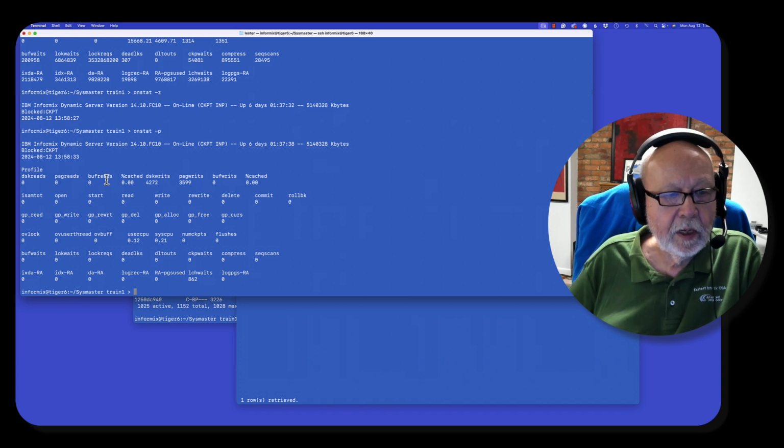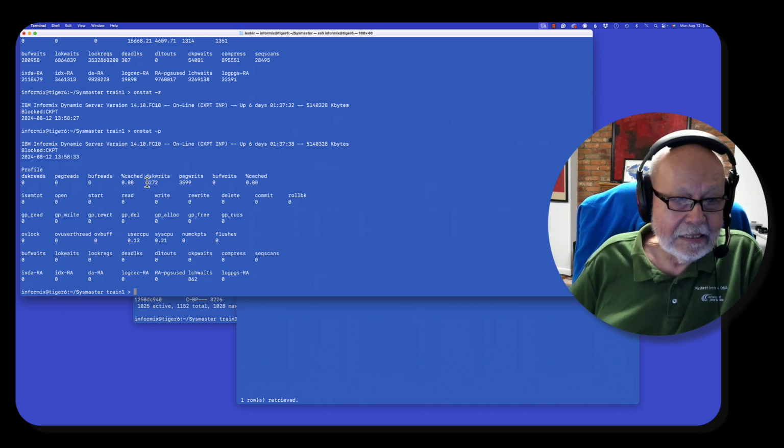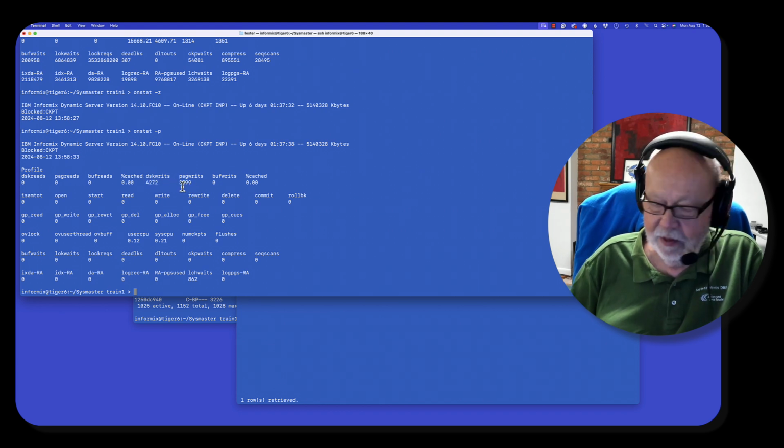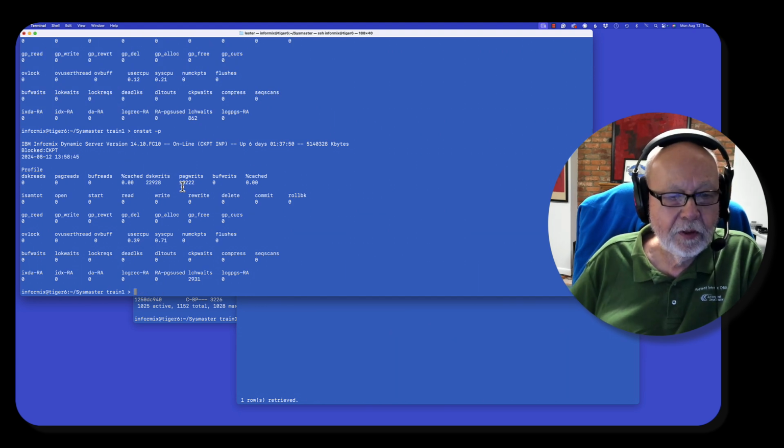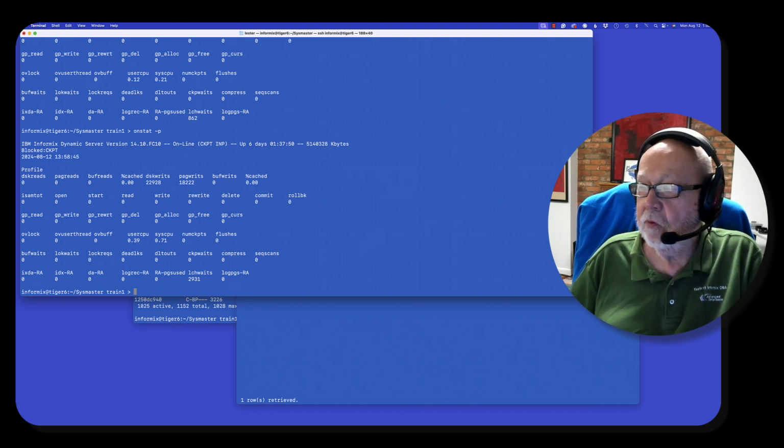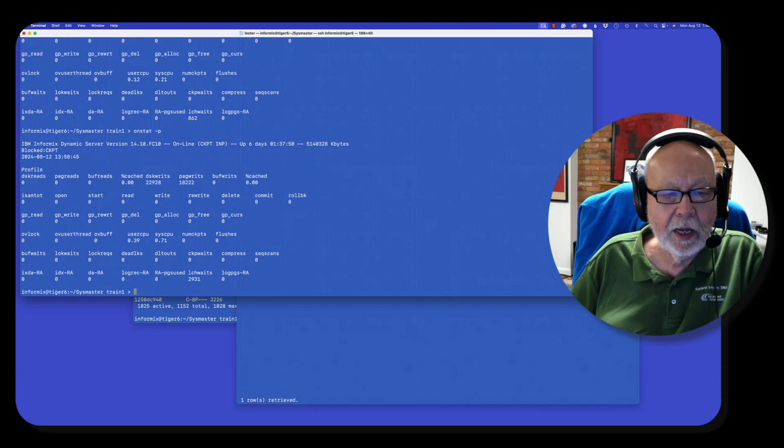And all my stats are 0. Now, because I'm in the middle of a checkpoint, it immediately picked up a bunch of disk writes, and I should see more disk writes. So let's let it run now. I've got these two benchmarks running, and we'll let it run for a little bit and then see what happens